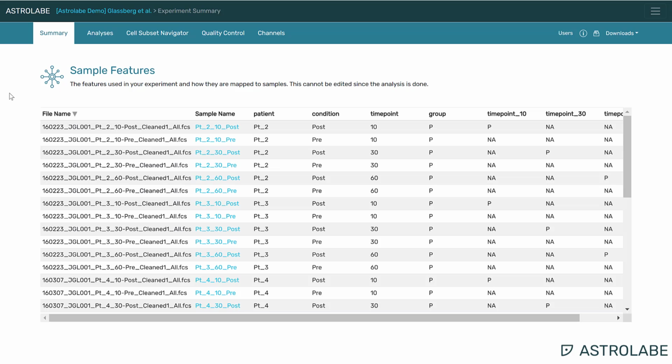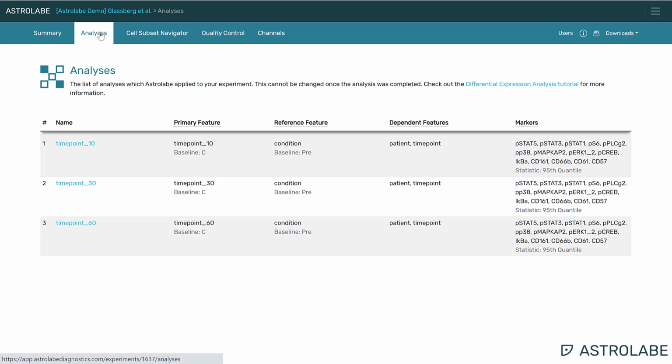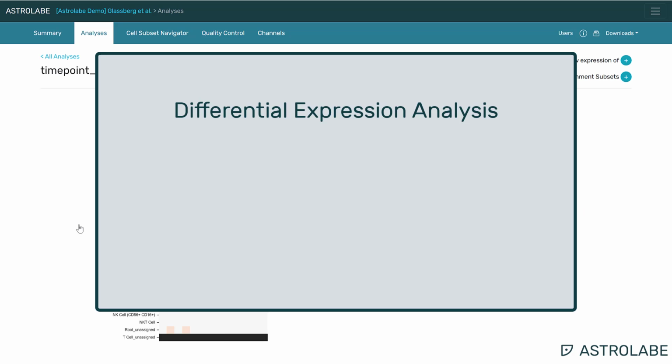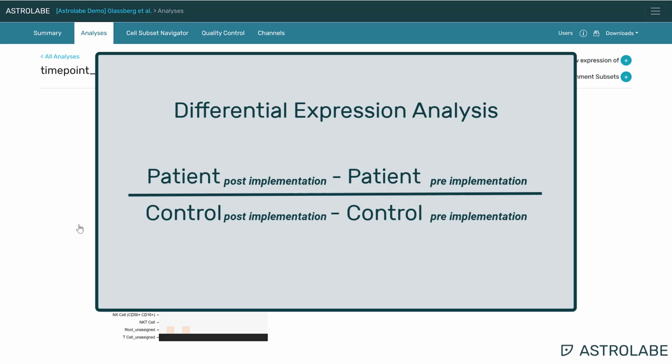I have already set up this experiment for differential expression analysis, so let's examine the results by clicking on Analyses. Since I expect the effect of the ex vivo model will be most pronounced at the 60-minute time point, I'm going to start there. Let's just take a minute to review our equation from experiment setup. What we have asked Astrolabe to do is compare the difference between pre- and post-implementation of the ex vivo model